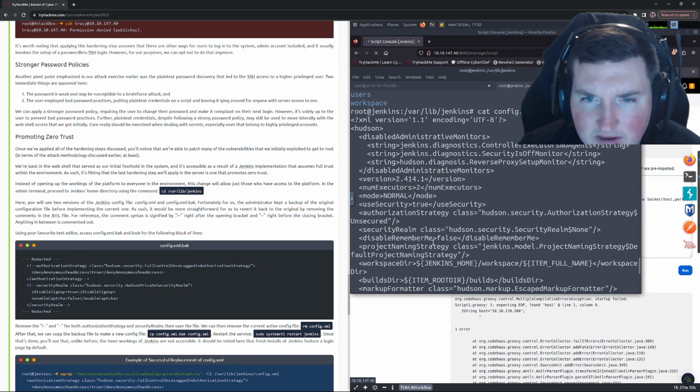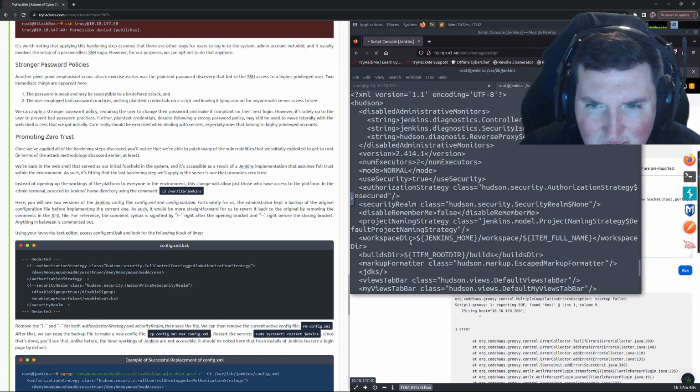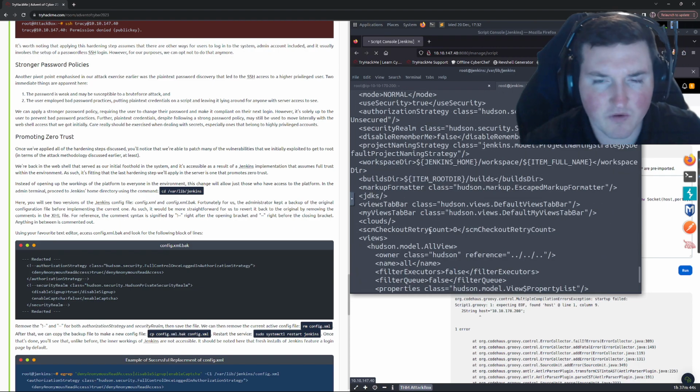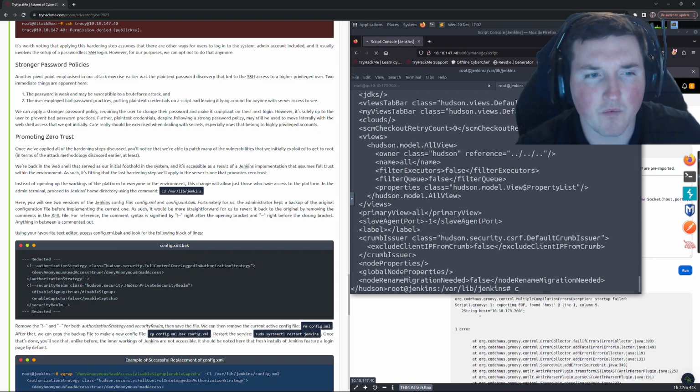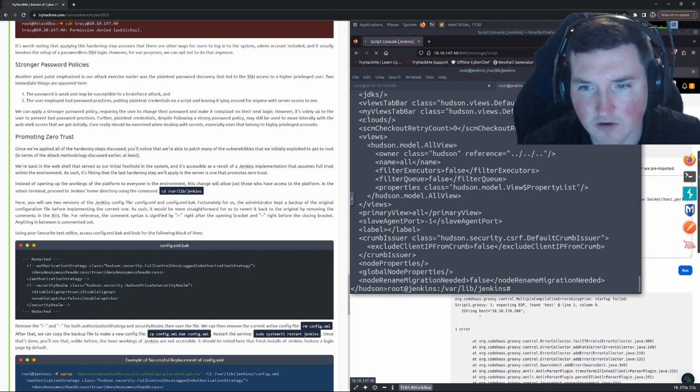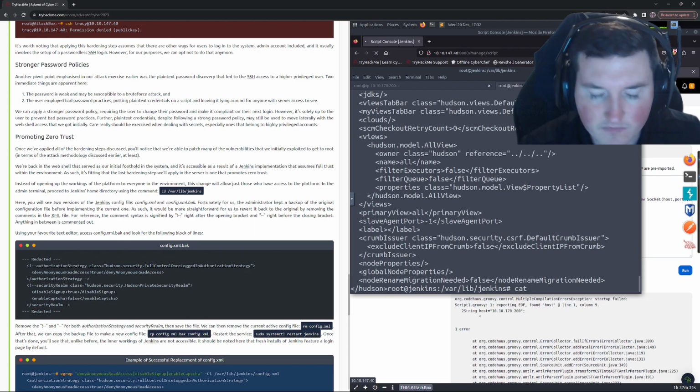Security realms, okay. Let's see. All right, so let's look at the one, why do they have a .back one, right? Like what's the backup one? Well, luckily for us, the backup one is the secured one. They just commented out the issues, and you'll see what I mean. So we'll say cat, and we'll say